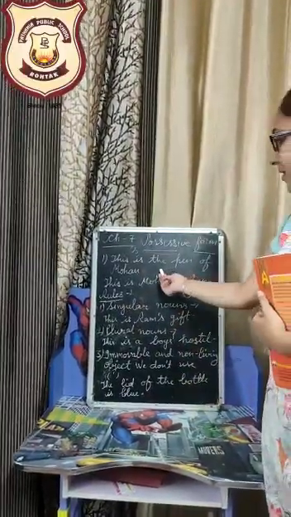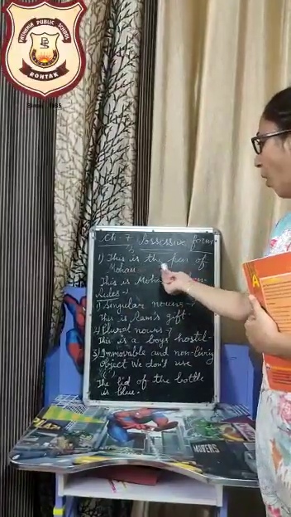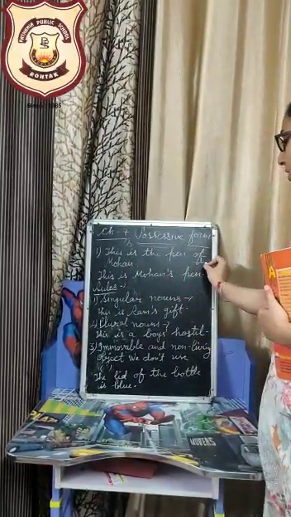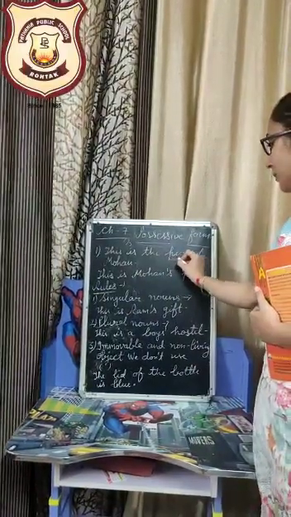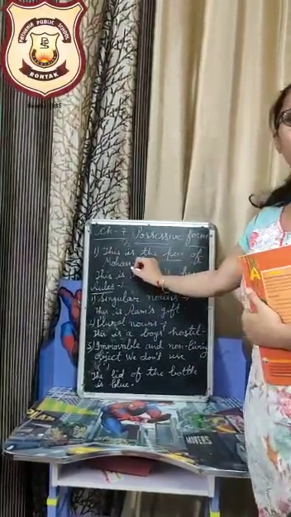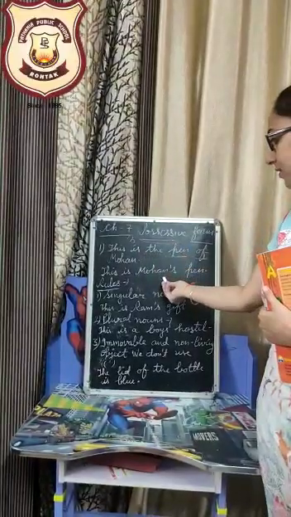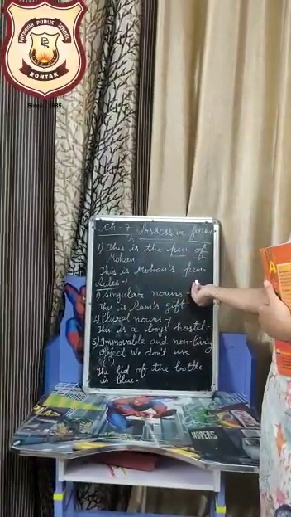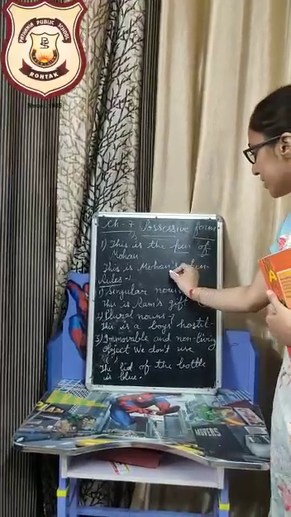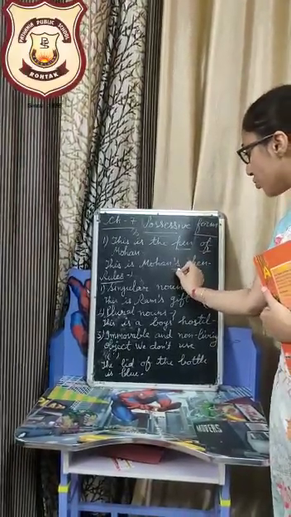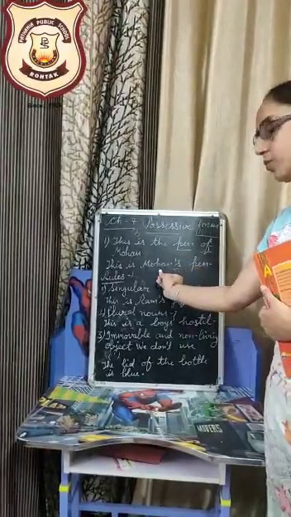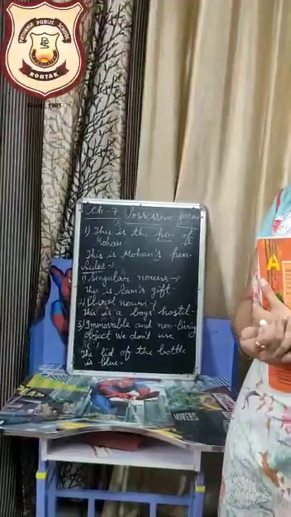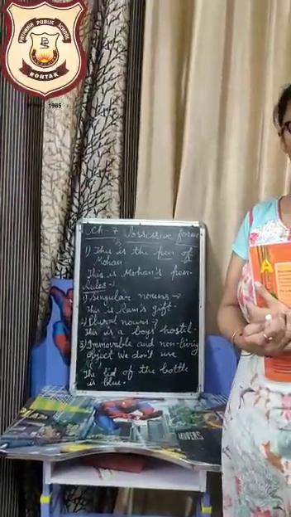For example, look at this sentence. This is the pen of Mohan. We are using here the preposition of to show the possession, that this pen of Mohan. We can write this sentence in this way. This is Mohan's pen. So here we are showing the possession by putting apostrophe s after the noun. Mohan is a noun, right? So we put the apostrophe s after the noun.